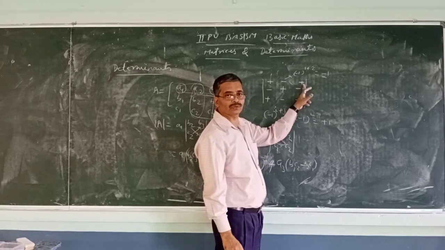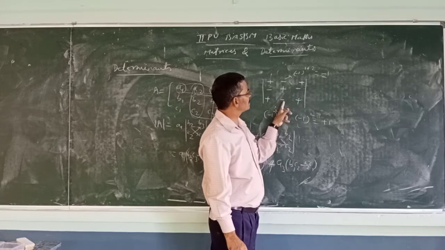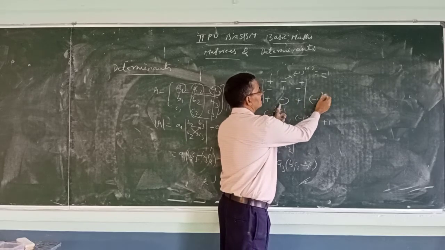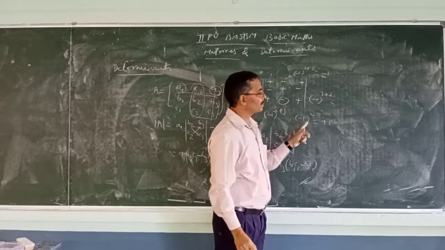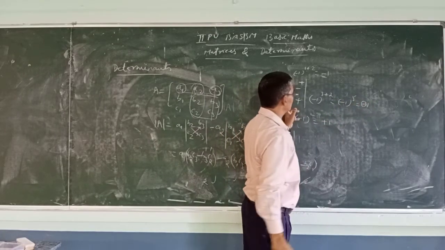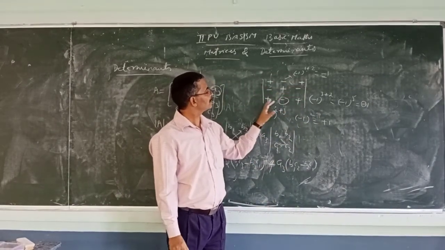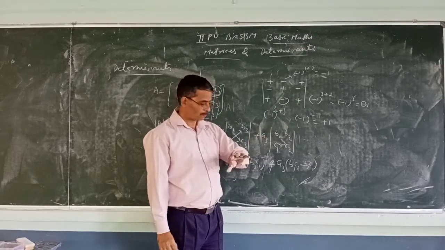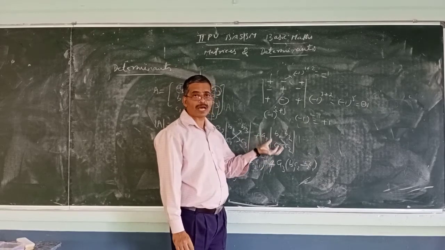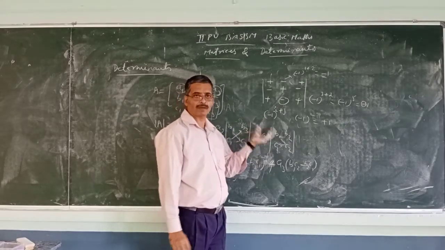1 plus 3 is 4, so that way also you can derive. For example, third row, second column: minus 1 to the power 5 is minus 1, so minus sign. That is how it is done. So the easy way to remember is plus minus plus, minus plus minus, plus minus plus. This is how the determinant of a square matrix is calculated. For third order, I will give some more examples in the next class.